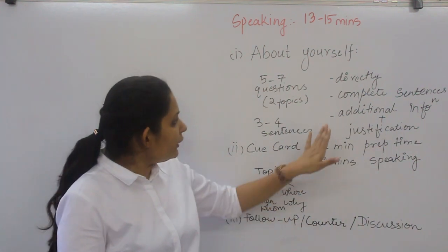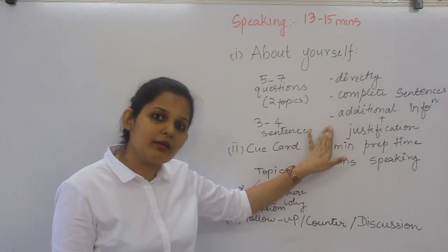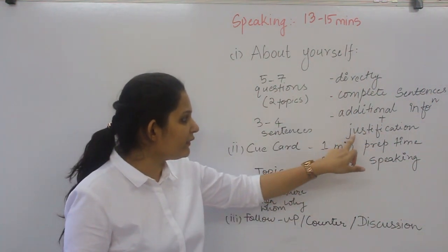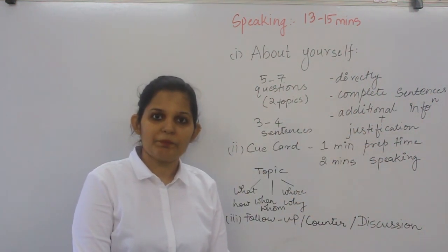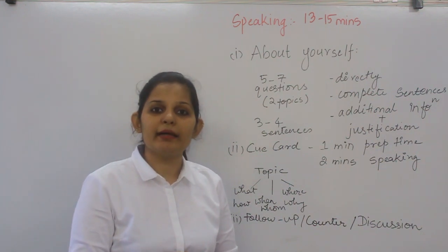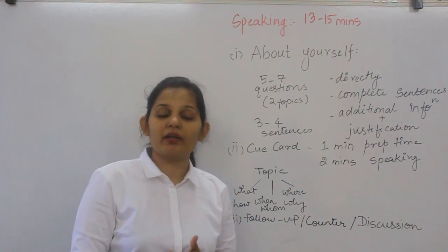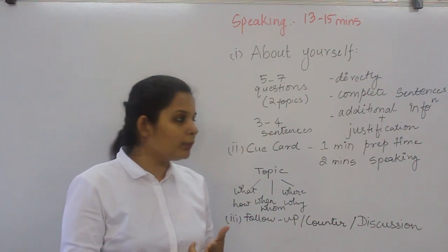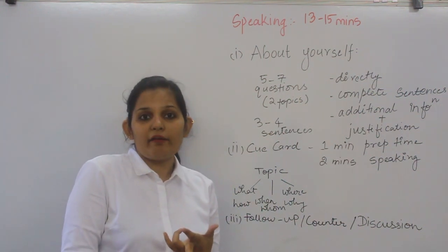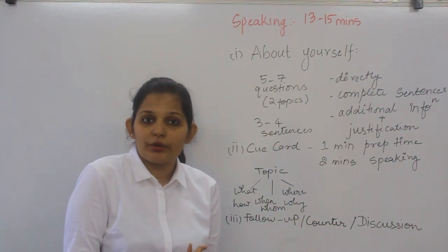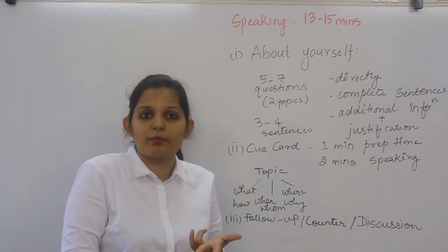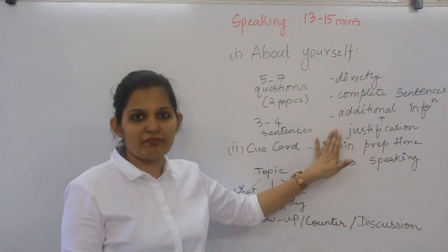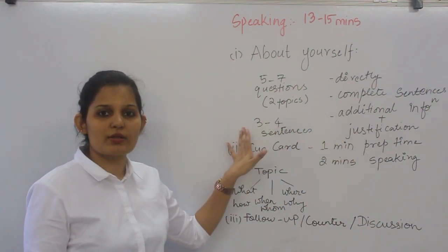Now, moving on to the third one, that is the critical one, is adding some information into that and giving some justification related to that. Like Hindi because it is my national language, English because it was the medium of studies in my academics, third one French because I was very intrigued and curious to learn French, and that's why I have joined French classes. So you justified that answer in 3 to 4 sentences.